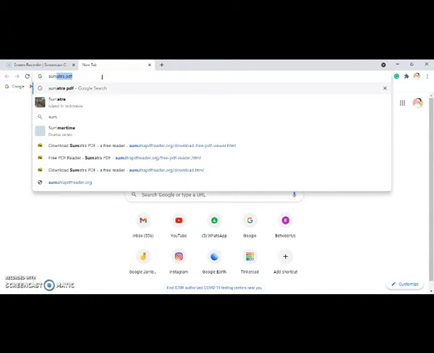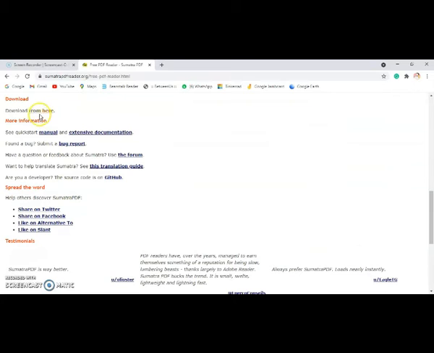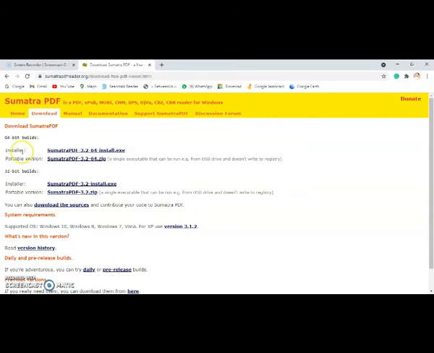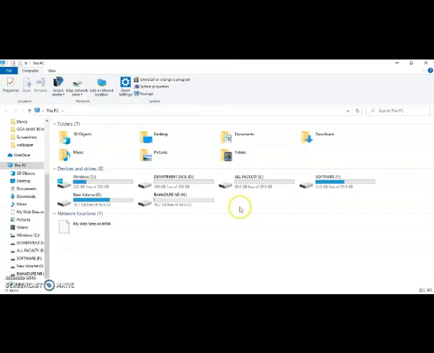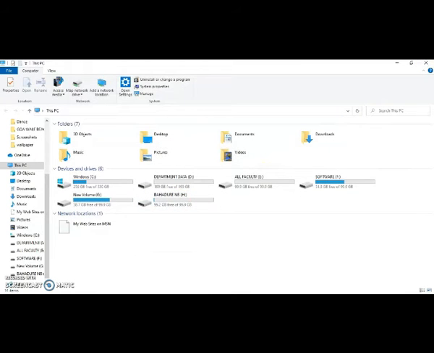So we start with the Sumatra PDF. You simply search Sumatra PDF. You can locate it here and download it, depending on the version of your operating system. You can download either 64-bit or 32-bit. How to check the version of your system? Click here and check the properties. This is a 64-bit operating system, so you have to download the 64-bit